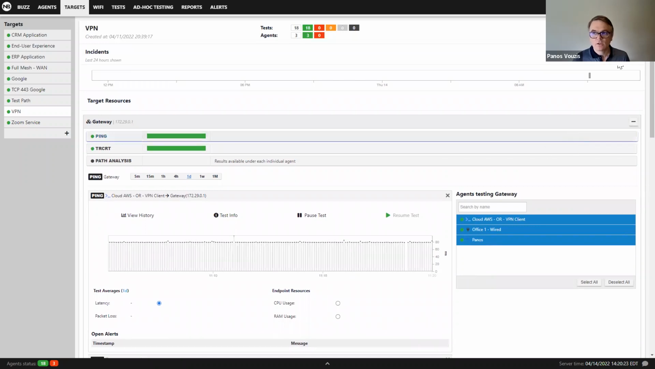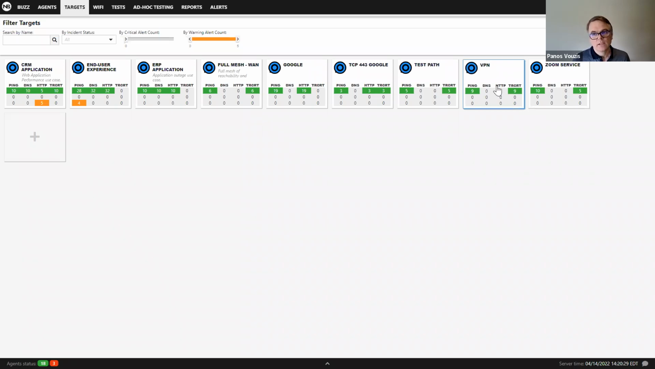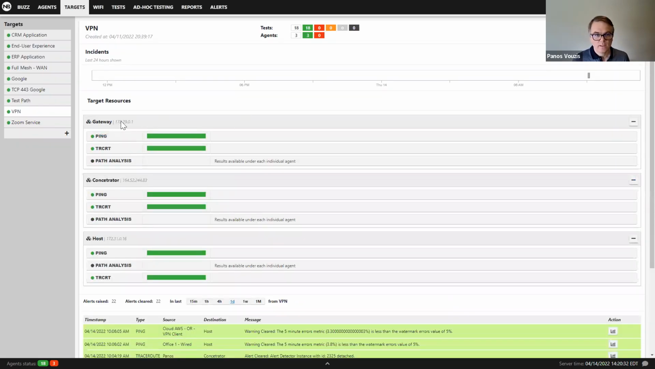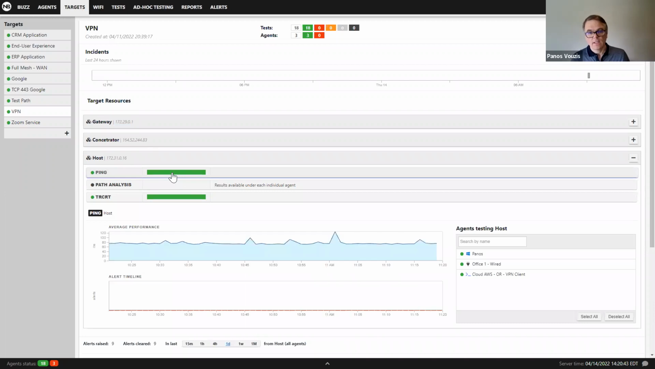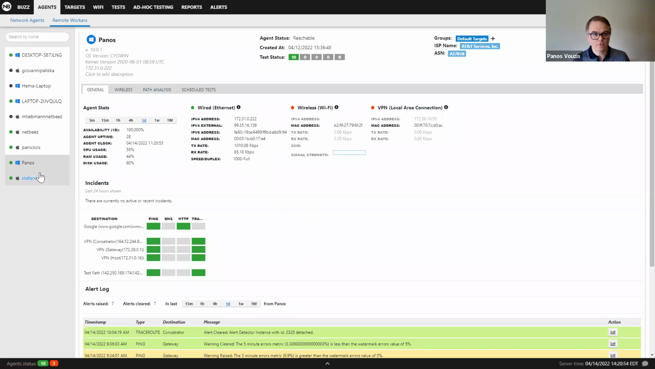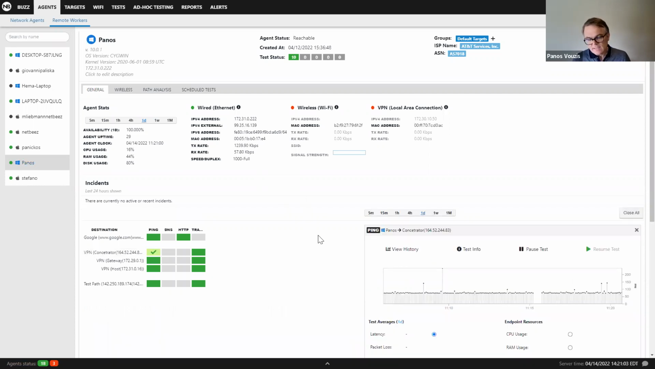Right? So this is what we call, obviously, the target view. This is the view from all the different agents, right? For the gateway, the concentrator, and the host that I'm trying to ping behind the VPN. So this tells me that my VPN is running and can pass traffic and everything looks okay, right? Now, from the agent's perspective, I'm going to show you that view as well. I'm here on the agent on my laptop, and I can see here the same data I just created earlier,